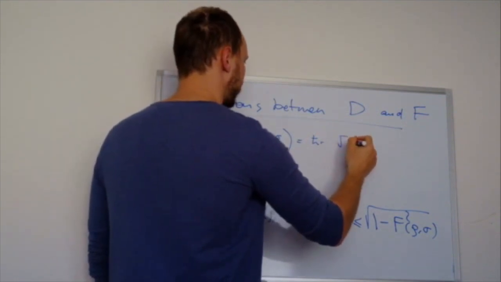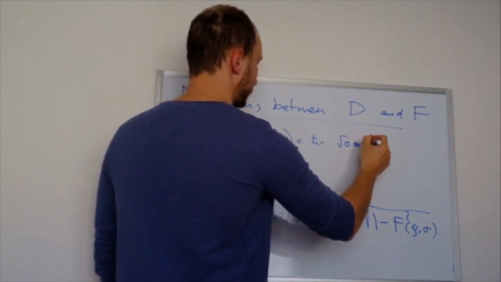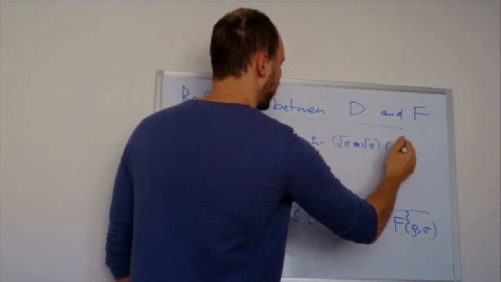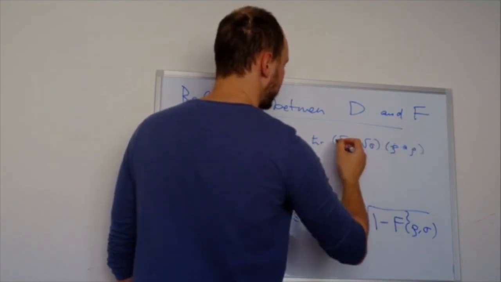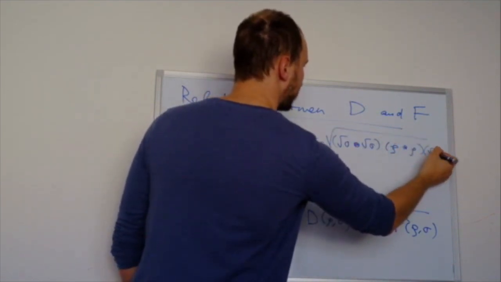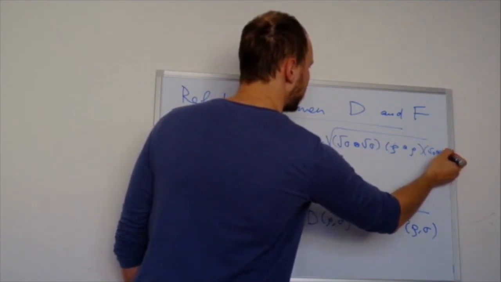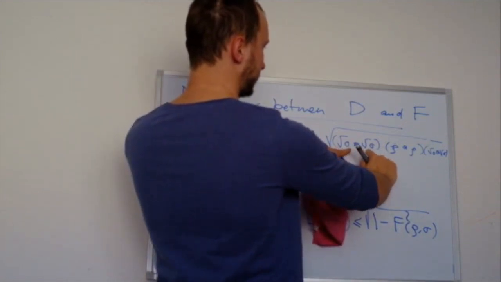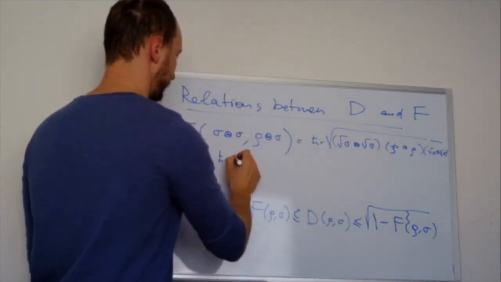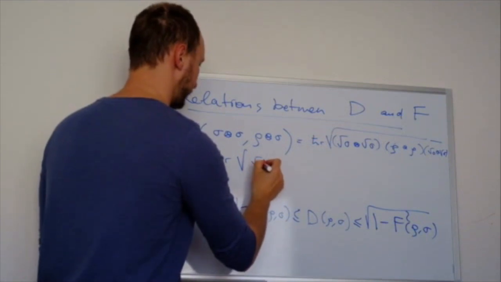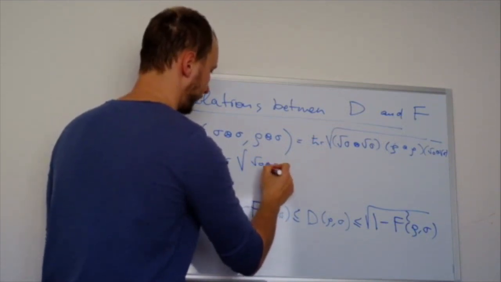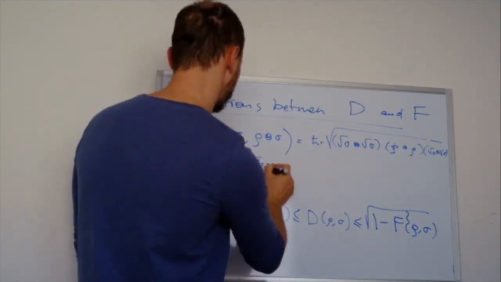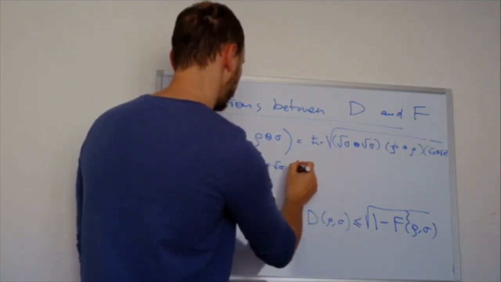So we have square root of sigma and square root of rho, it just takes the definition, times square root of sigma tensor square root of rho, sigma, sorry. And this is nothing else, because it's just a tensor product, than a trace of the square root of, not necessarily the same distribution, by the way. So we get a rho tensor